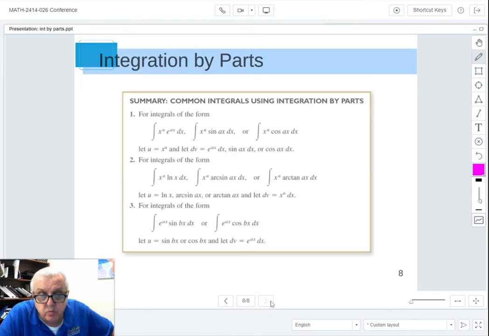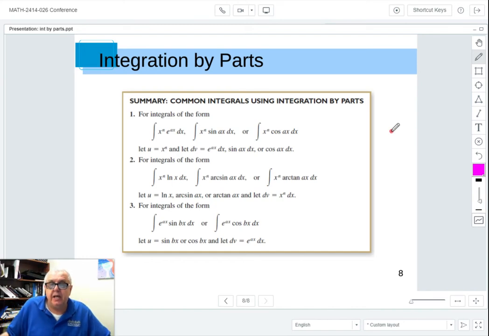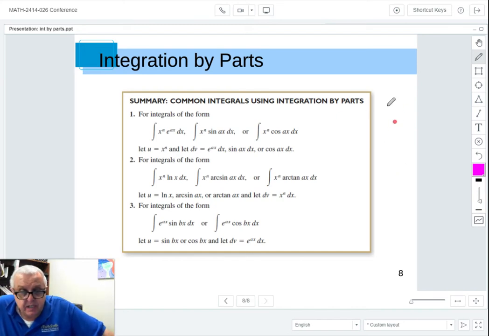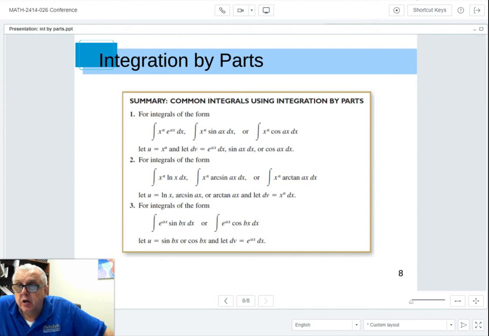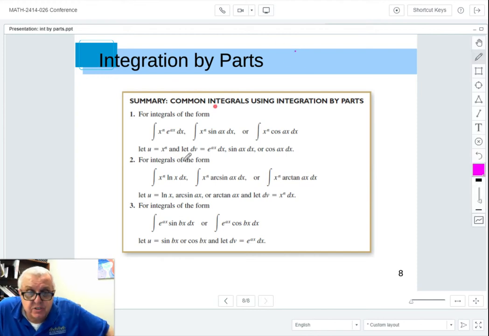And there is one more slide. I just brought this slide up from the book. This slide just shows some common integrals using integration by parts. If you have x to a power and then e to a power,